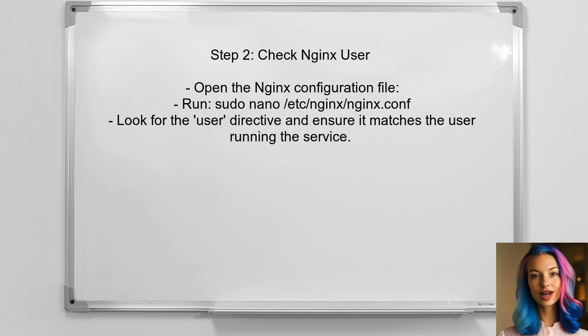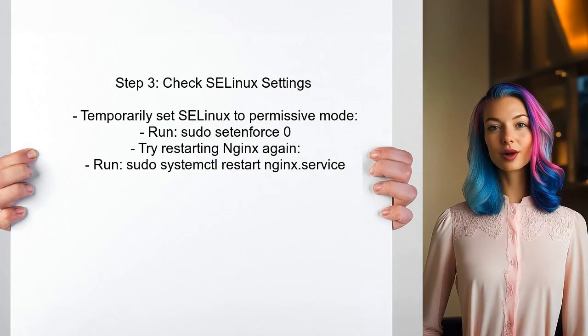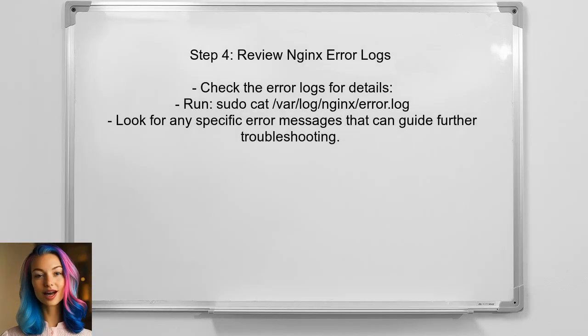This can be checked in the nginx configuration file, usually found at /etc/nginx/nginx.conf. If the permissions and user settings are correct, the user should check for any SELinux issues. They can temporarily set SELinux to permissive mode to see if it resolves the problem. Finally, if the issue persists, the user should review the nginx error logs for more detailed information about what might be causing the failure. The logs are typically located in